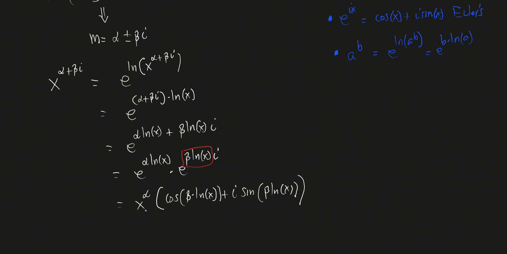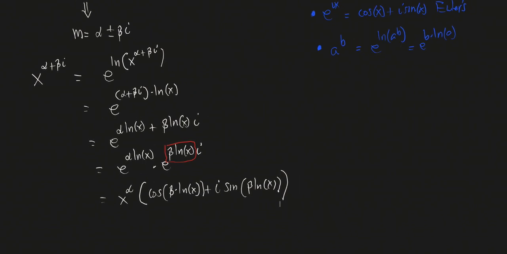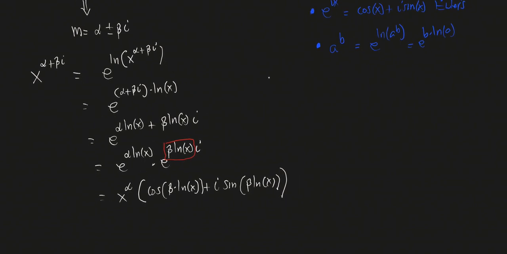But this is what we end up getting if we take one of our pairs and use some algebra. These are standard algebraic properties. And then we have the wonderful Euler's that allows us to express it like this. And then we'd say, well, what happens if I do it with x to the alpha minus beta i? So similarly,